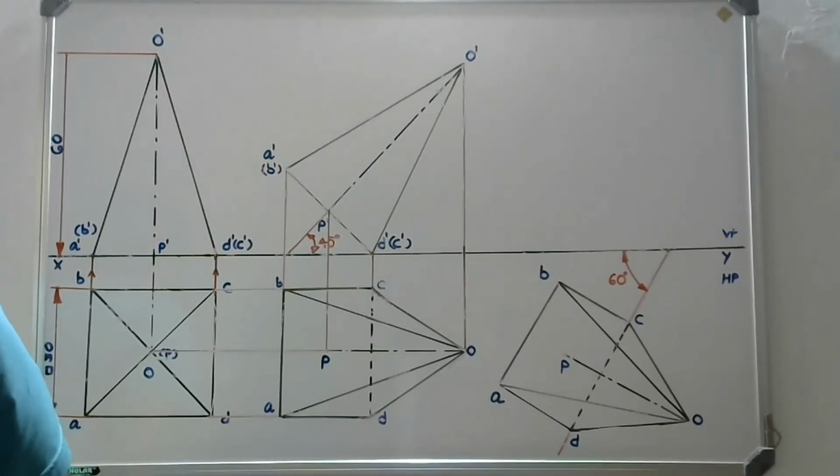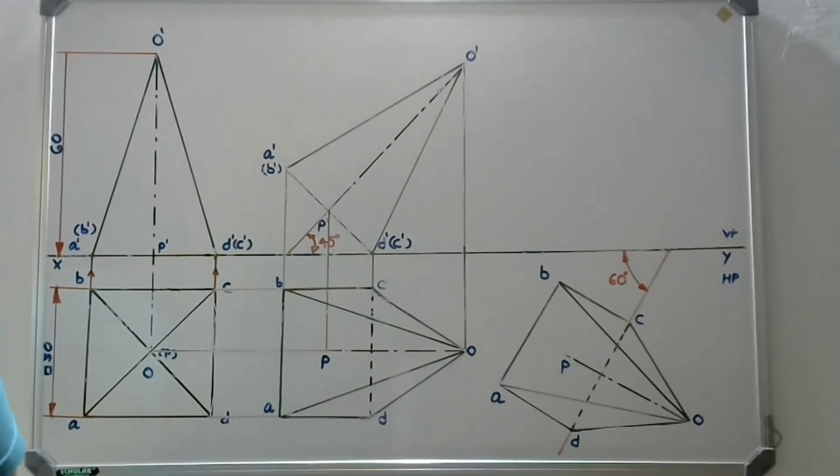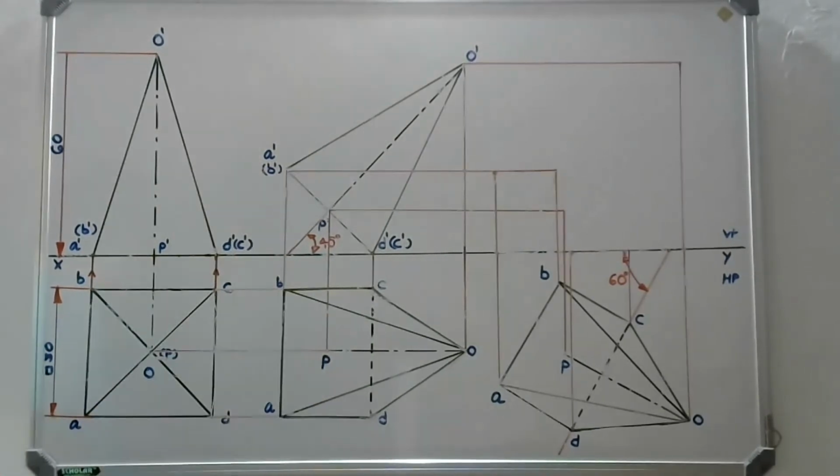To obtain the final front view, project all the corners in the top view A, B, C, D, O to the front view, that is on the vertical plane, in the upward direction, and all the points in the second front view to the right side. The meeting point will give our third front view, that is the final answer.